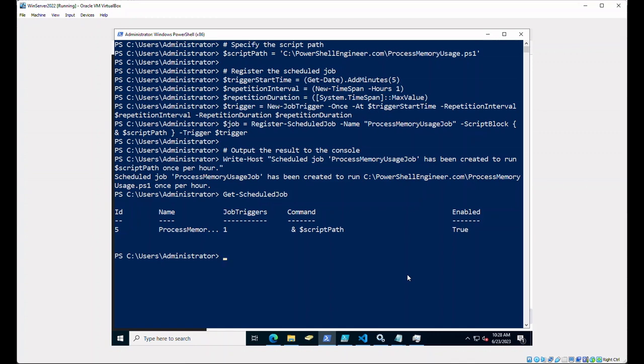So again, it took a little bit more time because it didn't actually set up that repetition or the registration of the job correctly. And I'm not going to do the digging into it. I don't know that it would have run the way we wanted it to, or if that was just kind of like a complaint, because it did wind up registering the job, right? So, nevertheless, got our scheduled job registered,